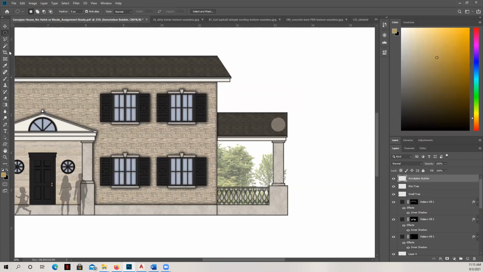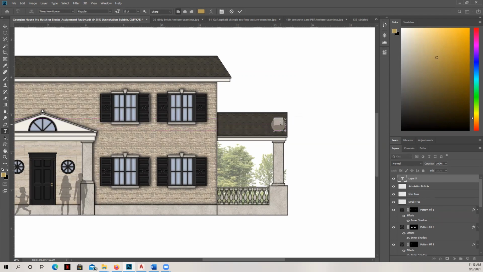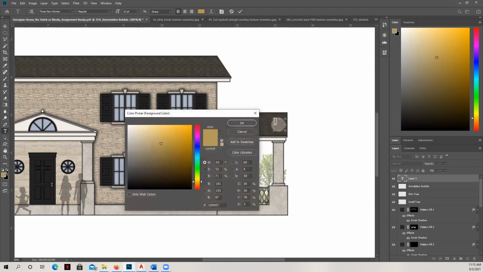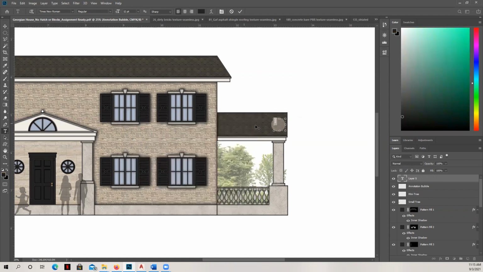But what I'm going to do now is create a text box here, and I'm going to put the number 1. You can see it's coming in as this, and I don't want the text to be gold. I want it to be this color. And we can go a little bit larger, and we want to center it. And I can move it.